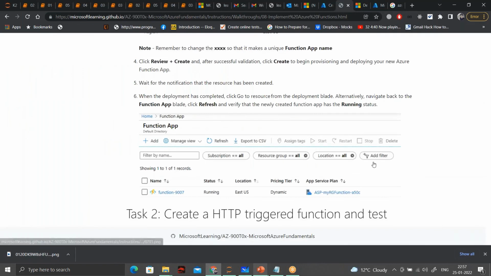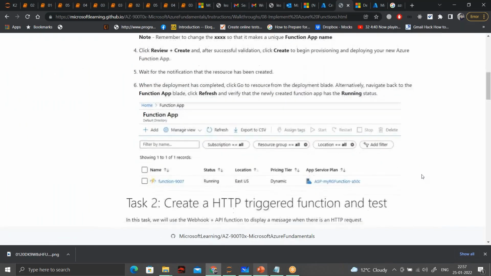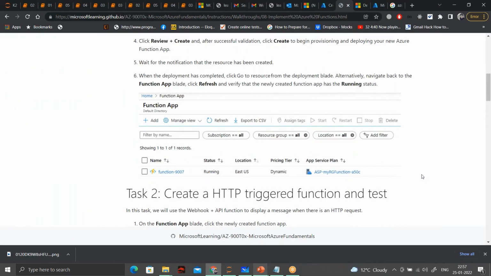Meanwhile, I'll tell you what we will be doing in the lab. We will be creating an HTTP triggered function. A function could be triggered in different ways. It could be blob triggered. The moment you have any file in your storage account blob container, you want an Azure function to get triggered. That is known as a blob triggered event.